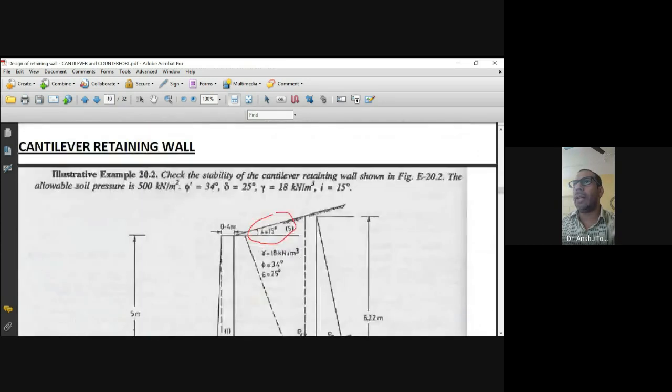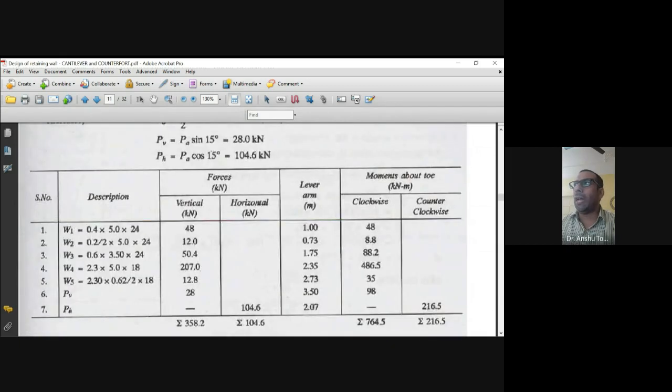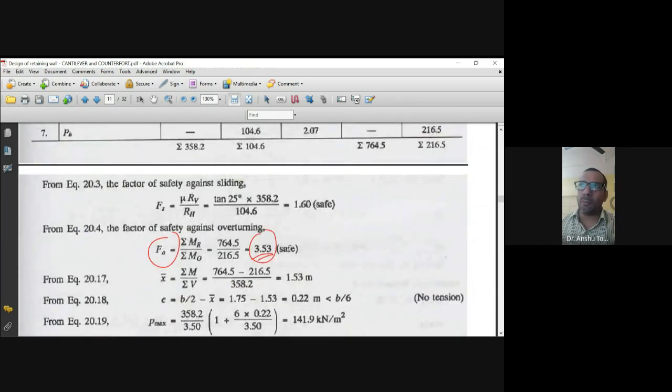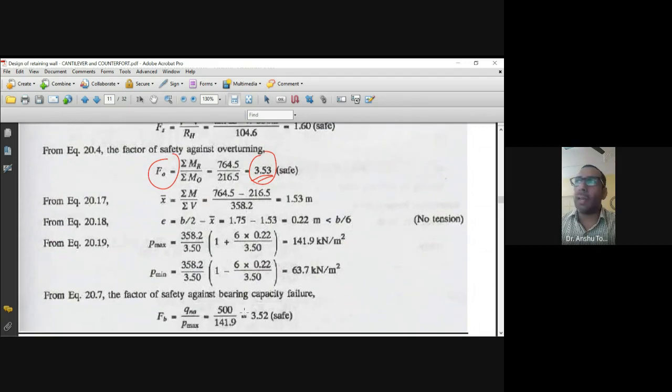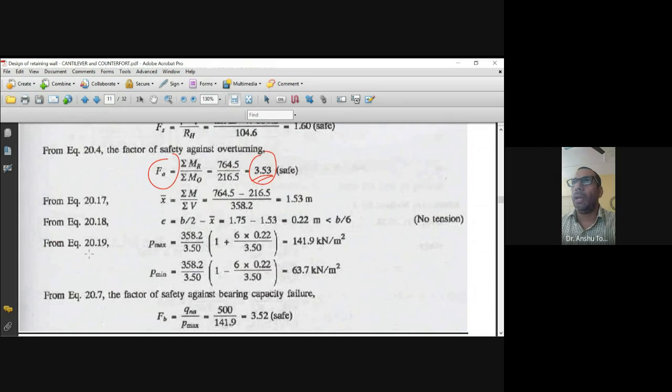What is being done here? Cantilever, simply what we have done, the load, lever arm, then moment. What is moment acting and what is moment resisting divided becomes the factor of safety. तो अगर क्वेश्चन में सिर्फ ये पूछा गया है कि दिस पर्टिकुलर डिजाइन और चेक आउट द स्टेबिलिटी ऑफ द कैंटिलेवर रिटेनिंग वॉल, तो आपको सिर्फ यहां तक करना है. और अगर आपको, लेट मी टेल यू कैटेगराइज्ड वे, इन दैट केस आपको सिर्फ यहां तक करना है.